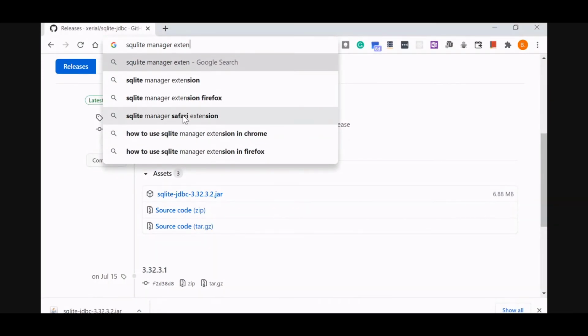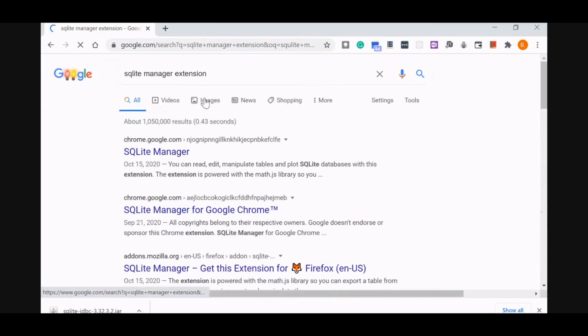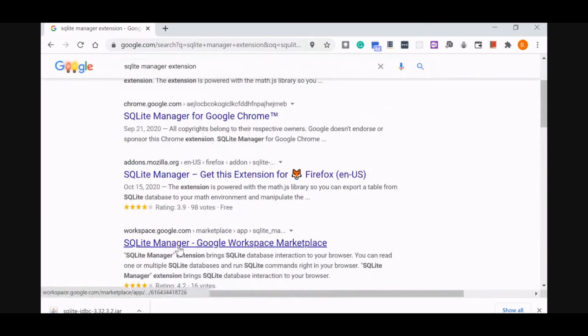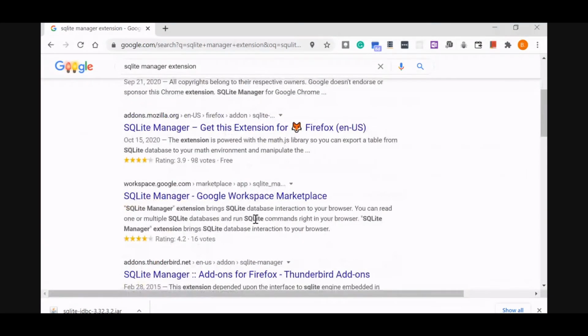If you go to it, it even tells you how to use it. It will take you to many things; this is the Mozilla Firefox one, which has its own, and then that's the Google SQLite Manager,